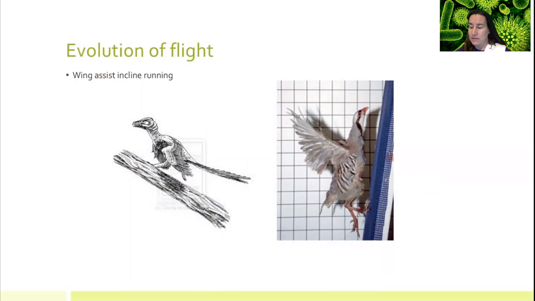The last one is that if they were running and they had to run uphill or run up a boulder or whatever it may be, it would help them be able to climb if they could flap, and that would help them increase their rate of climb. So wings are assisting them. So we've got this little grouse here running up this very steep incline, and it helps to have wings to help propel you up the steep incline. So these are three different ways that we think maybe that's why wings came about in these reptiles.